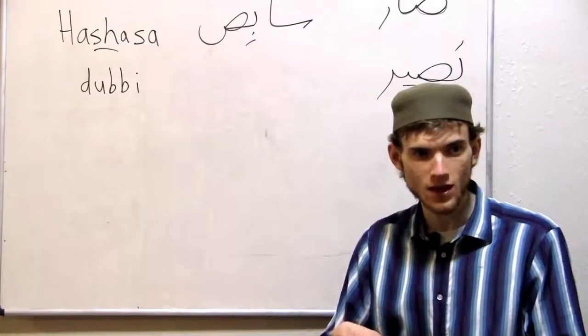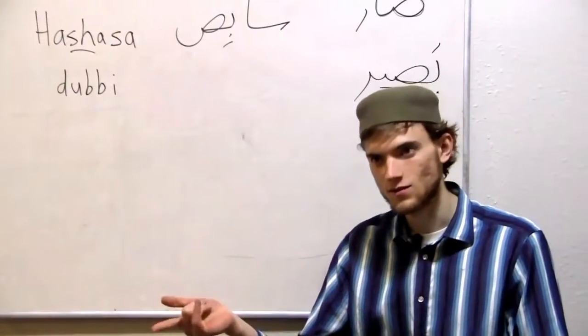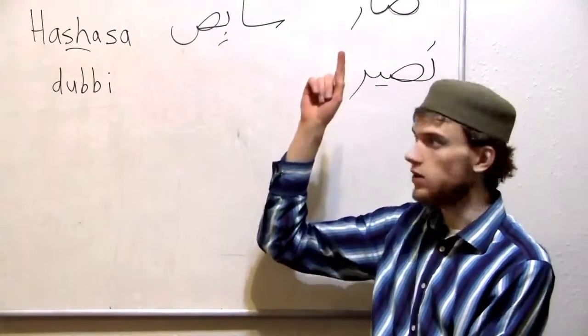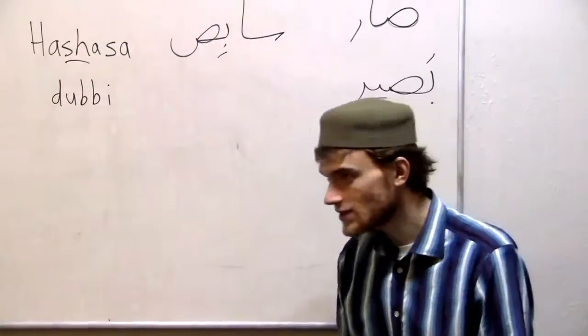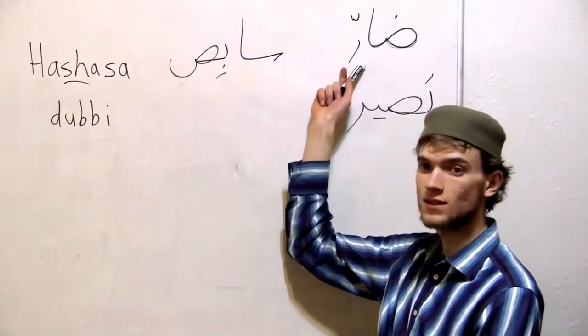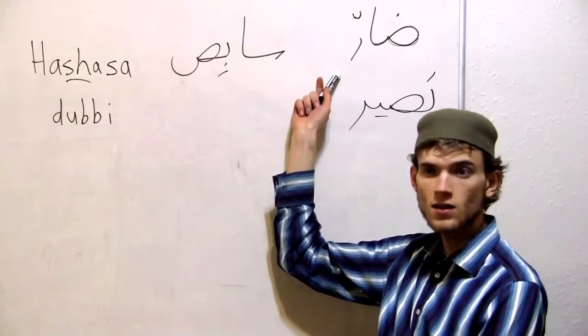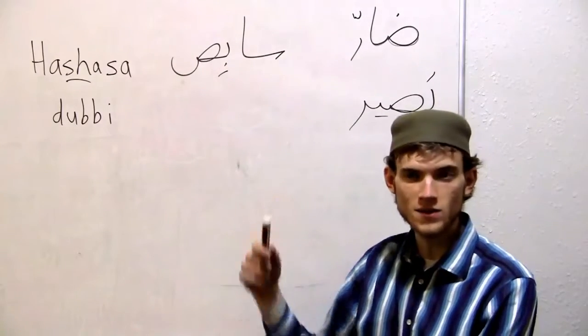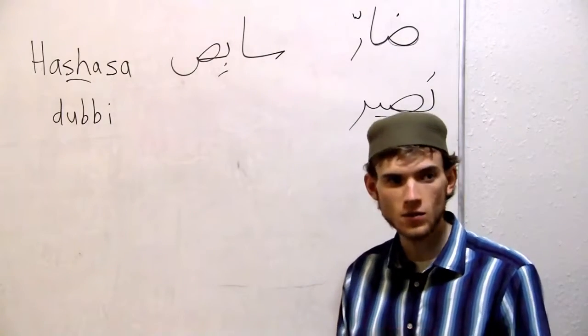It doesn't have a dot, and then after it comes Dad, which does have a dot. Dad has a dot, right? So this one is what? Good. Dad. So three letters in this word. We have Dad, then Alif, then Ra. And what's on the Ra? A shadda, right? Which means the Ra is doubled, right?